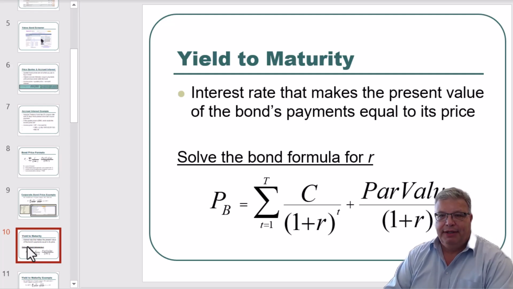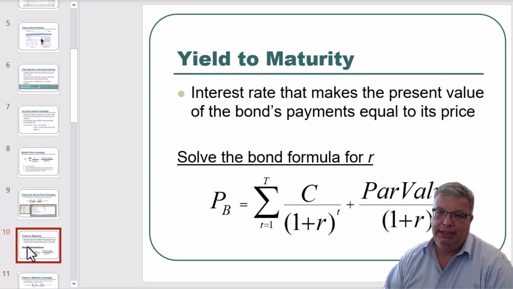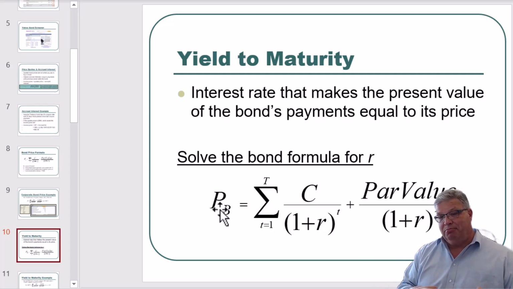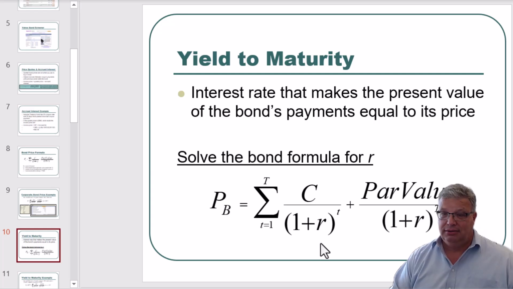All right, then we have yield to maturity. And in the yield to maturity, all we're basically doing now is instead of calculating the price, which we just did, now we're going to be given the price, and we're going to be asked to calculate the R in here, which is the yield to maturity. And